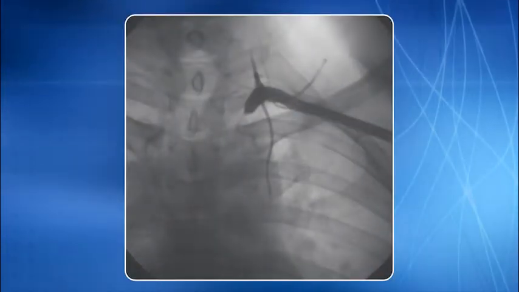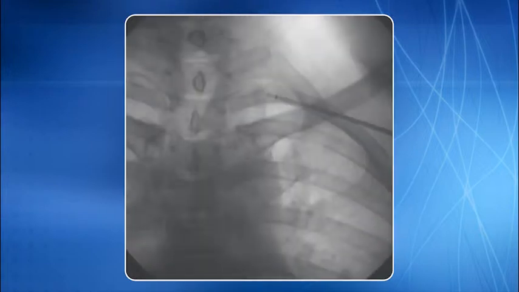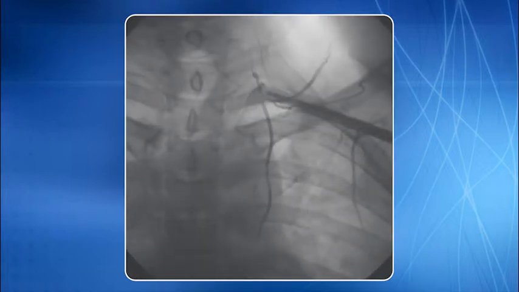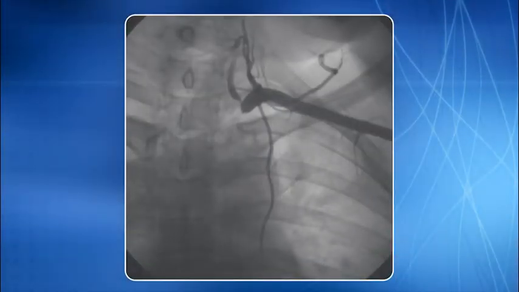This is a case of left subclavian artery stenting using left transradial approach. A tight left subclavian artery stenosis is profiled. A 6F short, that is 45 cm long, Pinnacle sheath was deployed near the lesion. The lesion was crossed using a 0.014 inch BMW PTCA guide wire, and ballooning was performed. You can see the result of ballooning.